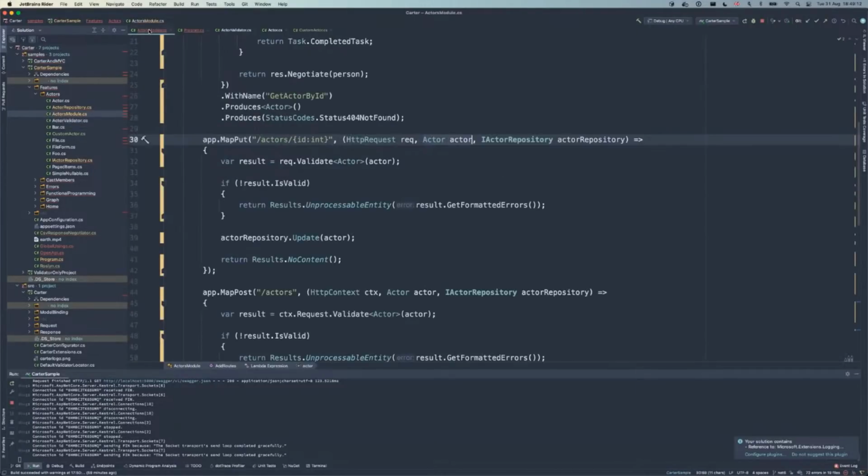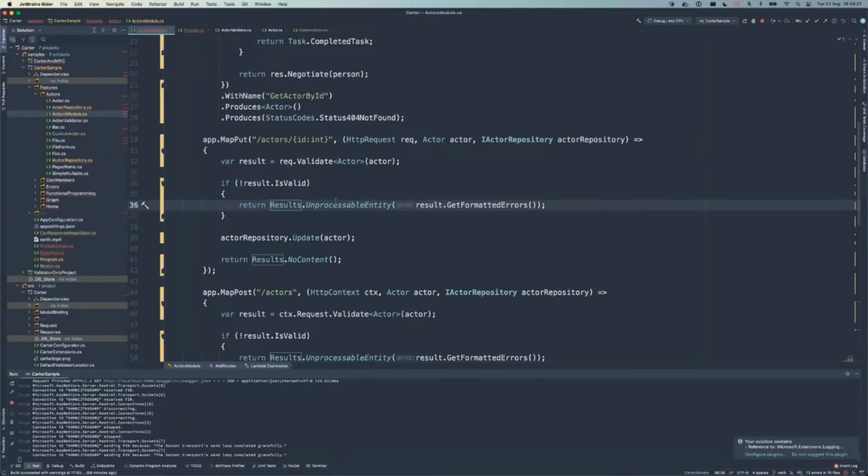And so here we basically say request.validate the actor, and we pass in the object, which we get from minimal API. We can then say, if that's not valid, here we use the new minimal API results class, which has lots of methods on it to handle HTTP return types.